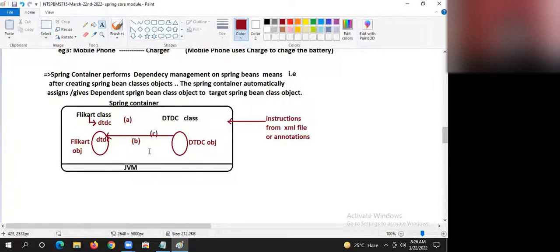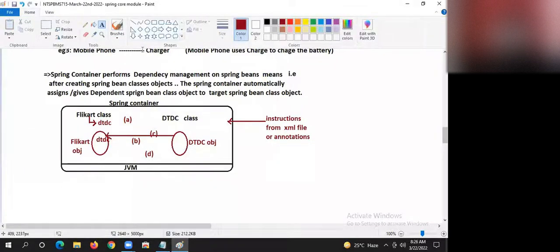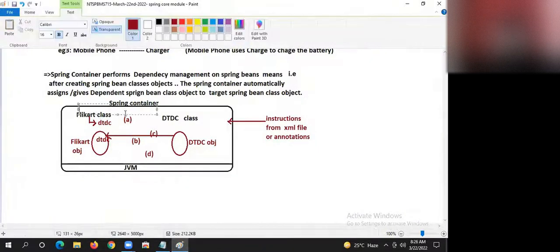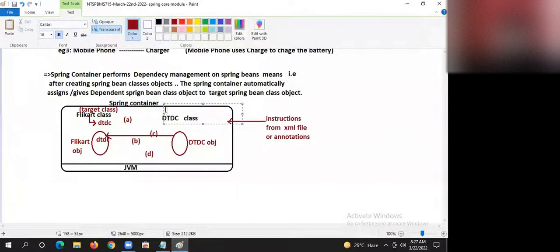Next, what is there, guys? D, managing objects. Next, E. DTDC is not main. Flipkart is main. Flipkart is target class. Flipkart needs DTDC, the dependent class.